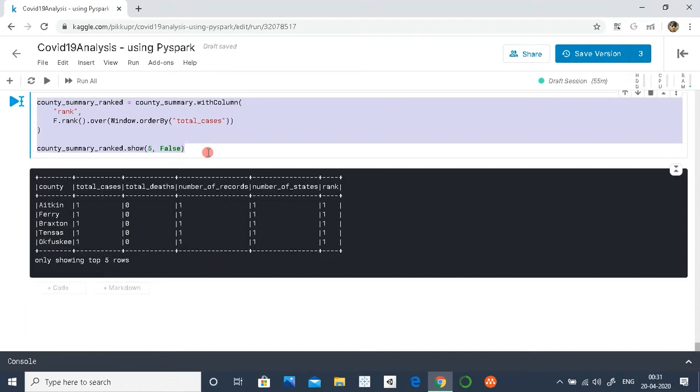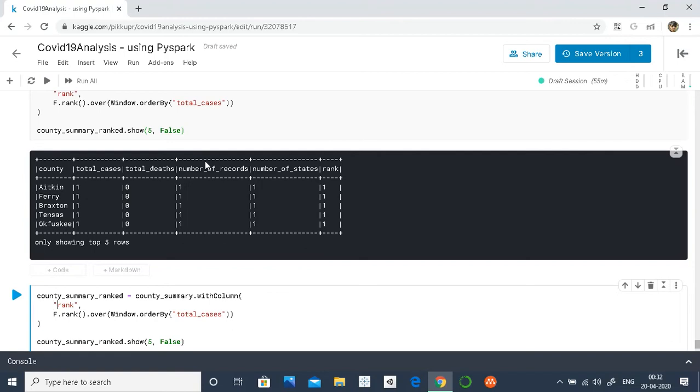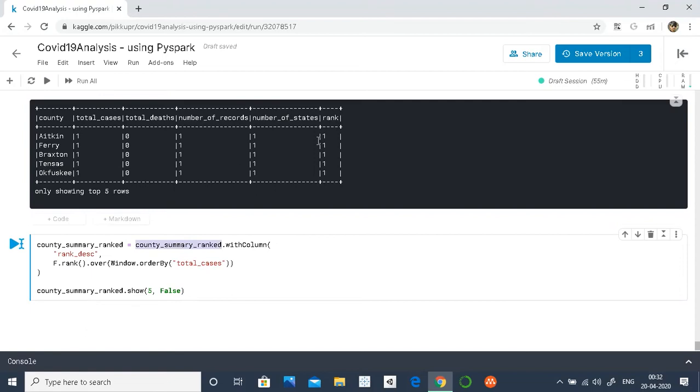Okay, so the logic is the same. I'll create another column, rank DESC, and I'll take this as the input data frame. On this data frame only, we will create another column rank descending, and now we will tell PySpark to order it in descending order, which by default is ascending.